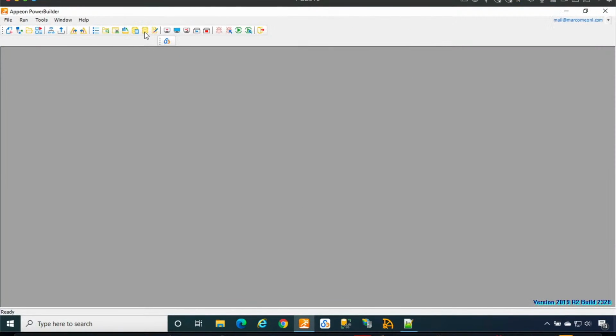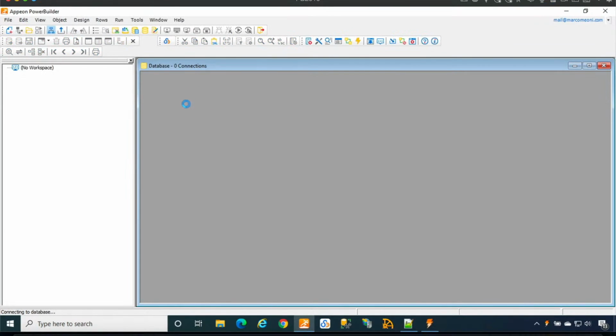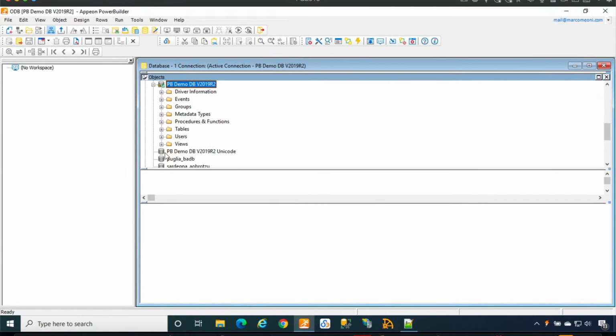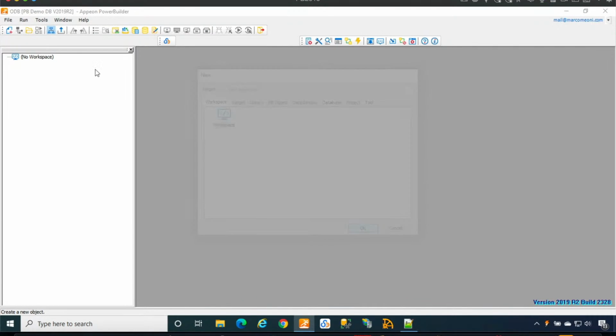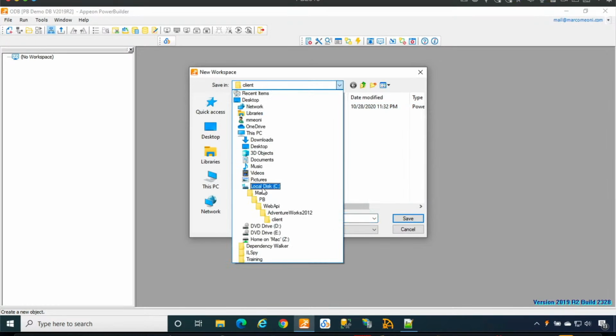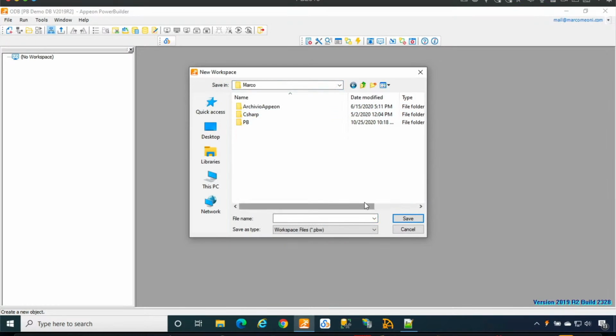And I have my PowerBuilder demo database with the usual department, customer, employee tables. So I'll just create an empty workspace, because my approach is to create first a data object, and then from the data object generate the C# data model and a scaffold service and controller. So let's create just this pb demo,